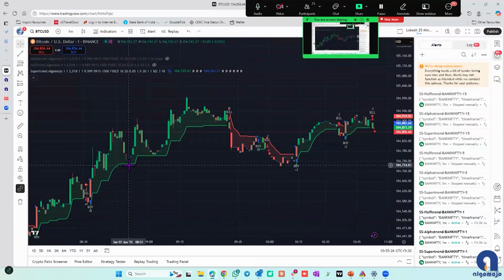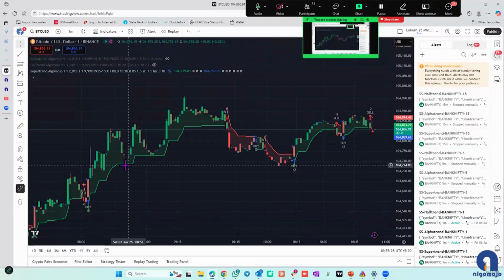Whereas if you had taken the rule as stop and reverse, what we would have done is close the long trade here and immediately take the short trade, which is not the requirement as per the study or as per your strategy. Super trend requires that kind of rule, not every strategy. So be careful and look at how your chart or how your study or how your strategy is running,